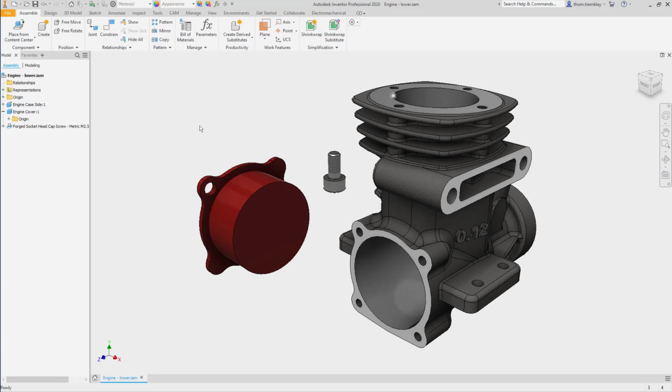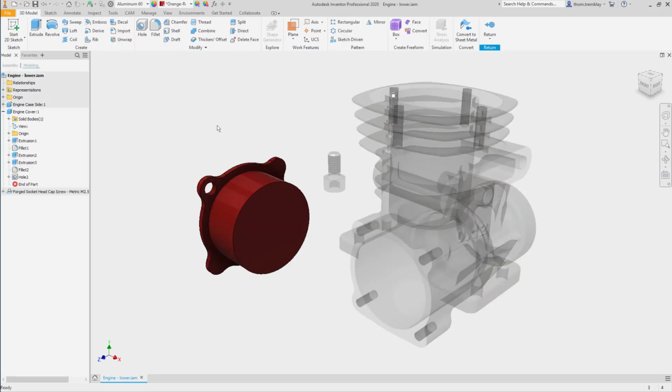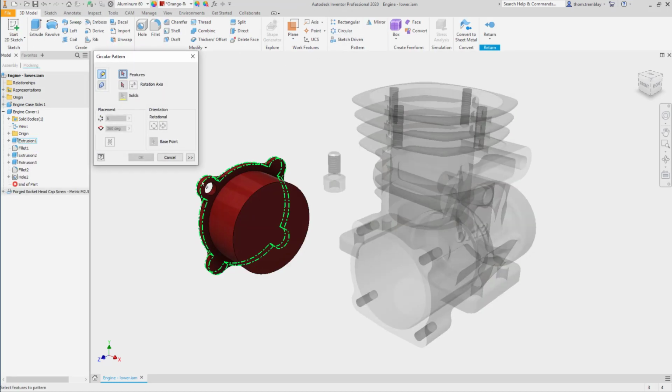Patterns are a useful tool in Inventor when you need to replicate a feature or components. You can create a circular, rectangular, or a pattern along a sketch. Activating the engine cover, create a circular pattern of the last hole created,